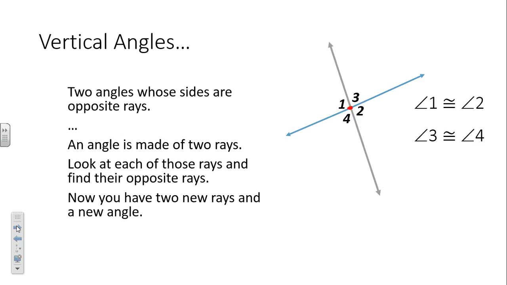So here's what you already figured out, but we haven't formally presented it yet. Angle 1 will be congruent to angle 2 because they're vertical. And angle 3 will be congruent to angle 4 because they're also vertical. And we'll use that a lot, over and over and over again. Okay, vertical angles are congruent. So you look at each of those rays, find their opposite rays, you have two new rays, two new angles, and those are vertical angles. Intersecting lines only share a vertex. Okay, so